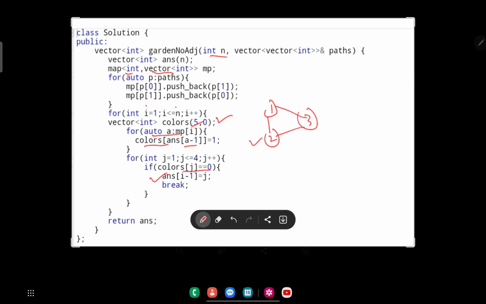So 3 has some color and 2 also has some color, and the color of 1 should not match those. So if we take 1 as the node, we mark all the used colors as 1, and if any of the colors 1, 2, 3 or 4 remains 0, then we use that color for that particular node. Suppose for 2 the color becomes 1, and for 3 the color becomes 3, then